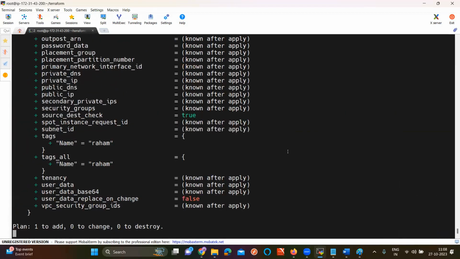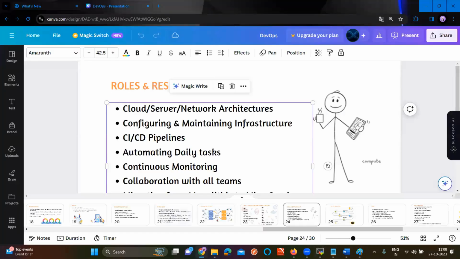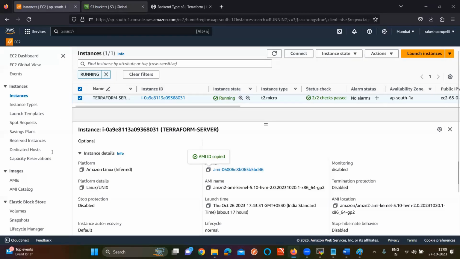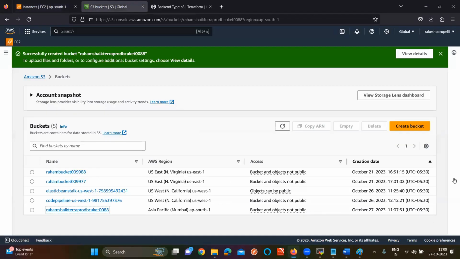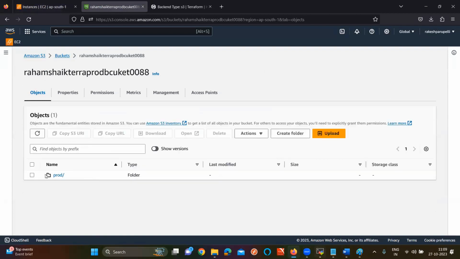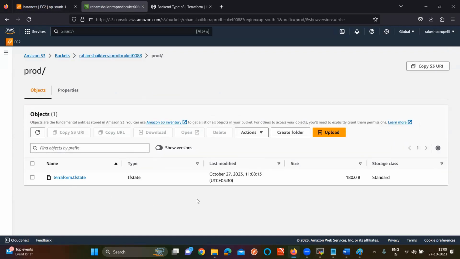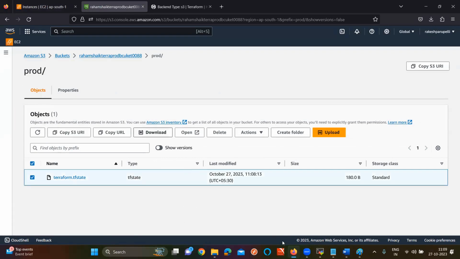So now what is going to happen, what are the resources I'm going to create? That resource information, that means the state file, is going to be stored on my server as well as in S3. Just go to the S3 bucket. So in my S3 bucket, this is the name of the bucket. Click here. You'll see the production folder now. Go here. Are you seeing the terraform.tfstate file? It was just now created. Copy this one. Click on download.